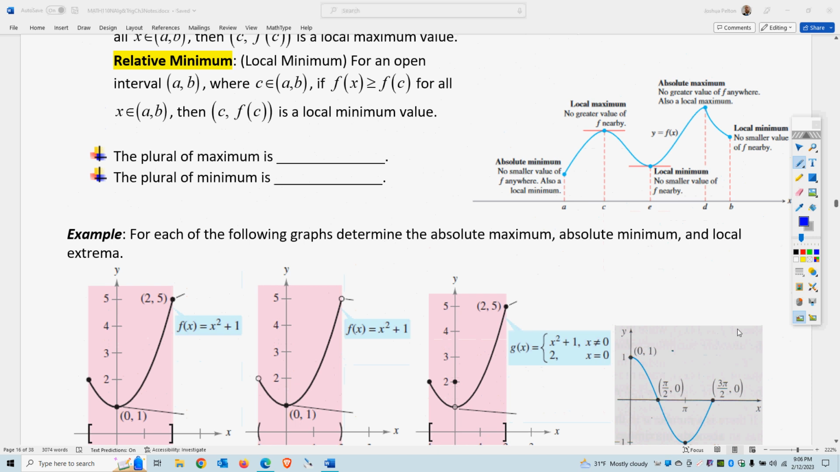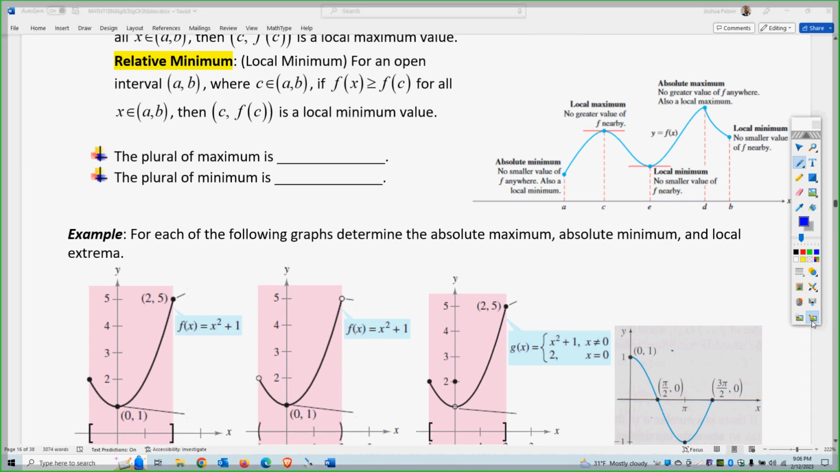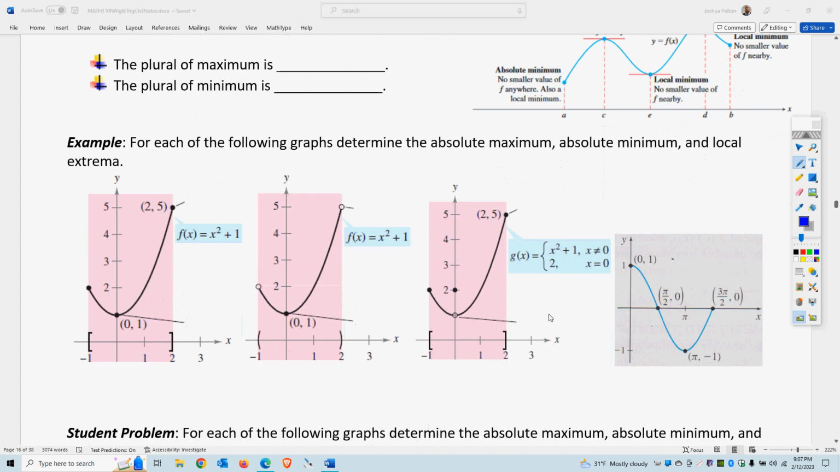Okay. To keep in mind that the plural of maximum and minimum is maxima and minima, right? So maxima, minima, right? Okay. So let's take a look at these graphs and see if we have